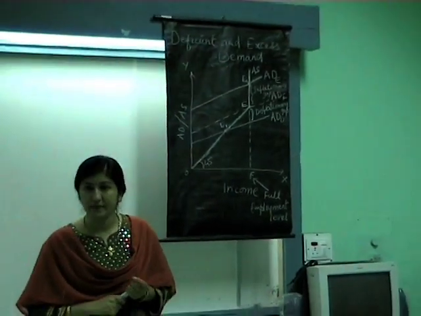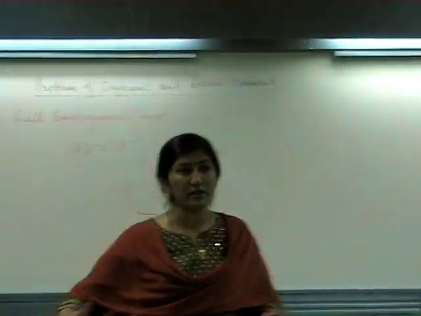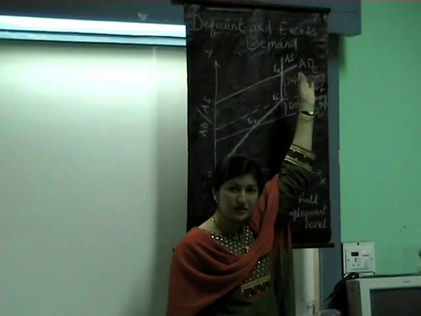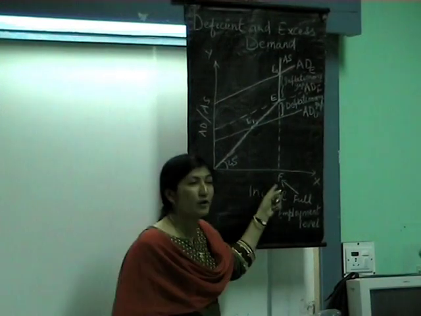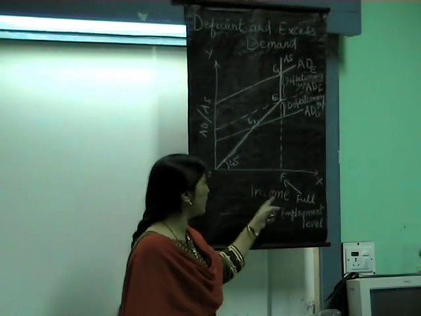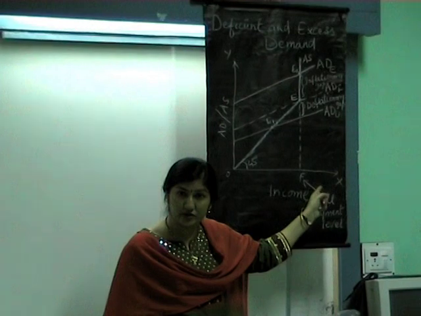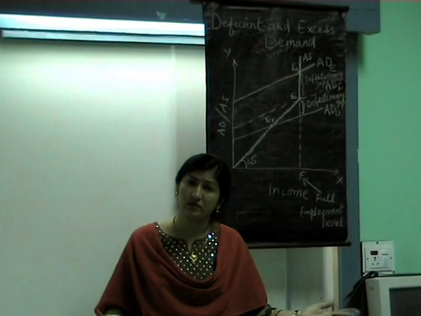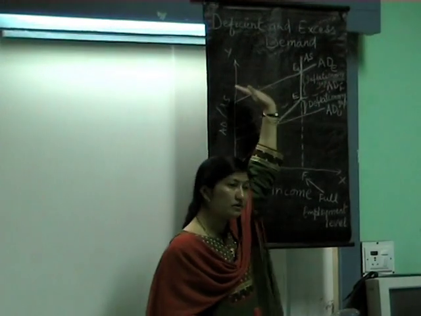So this is a new concept, a Keynesian concept, that you can go on increasing your output till the full employment level is reached. Once that full employment level is reached, your output becomes fixed, and that's why your supply curve comes out like this. Is this concept clear? Followed? See, why is our supply curve like this? Until we reach the full employment level, we keep increasing our output with income. As soon as we reach the full employment level, now we cannot increase output because we are fully employed. All the resources are being employed. Now how will you produce more? Is it possible? No. That's why your employment gets fixed and it becomes parallel to the y-axis.